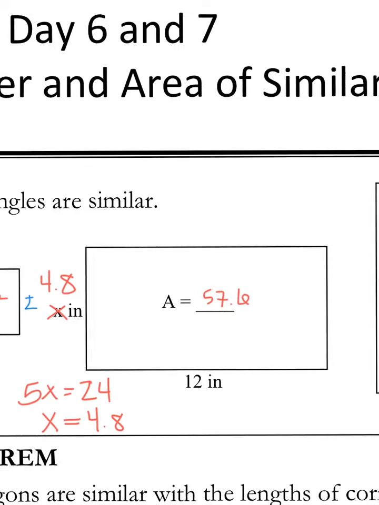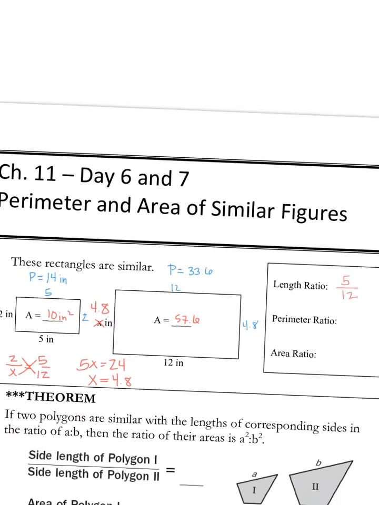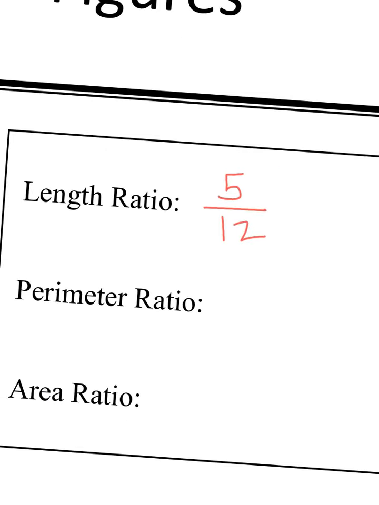And then over here, this one's a little bit trickier because we have 4.8, 4.8, and 12 and 12. So that's 24 plus 4.8 plus 4.8, and that's 33.6. So then that's going to go in our perimeter ratio of 14 to 33.6. So 14 over